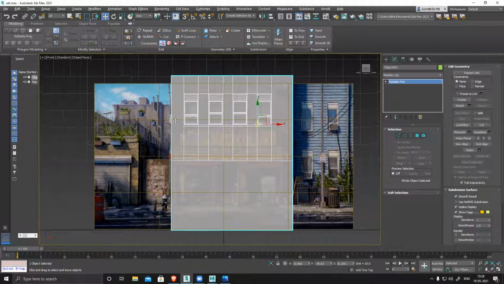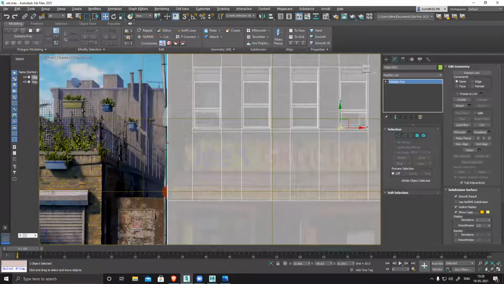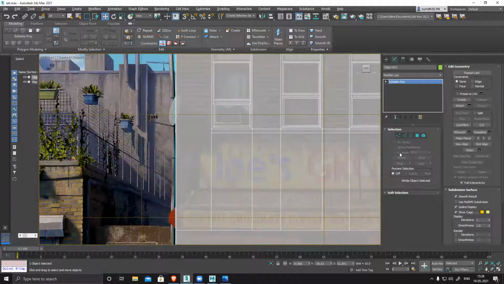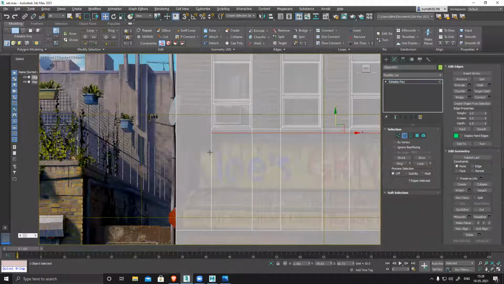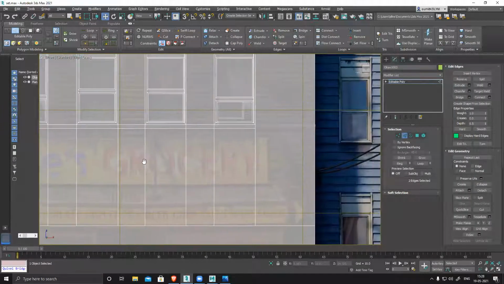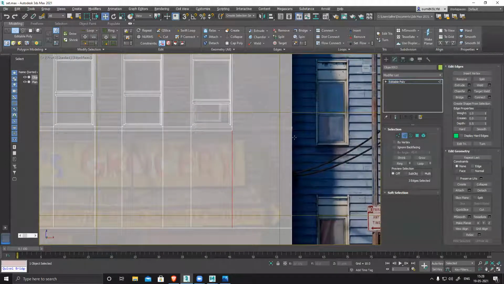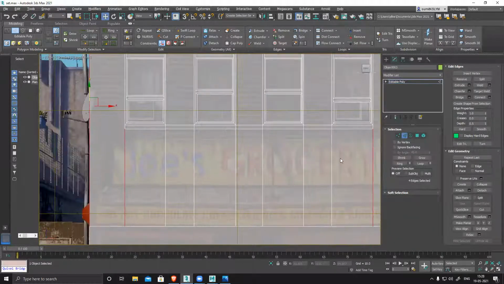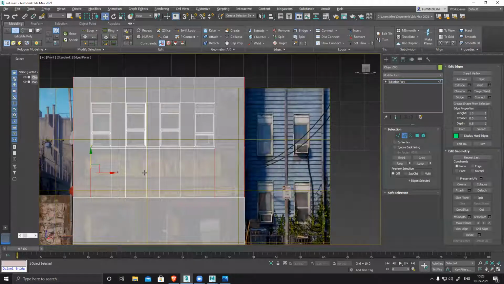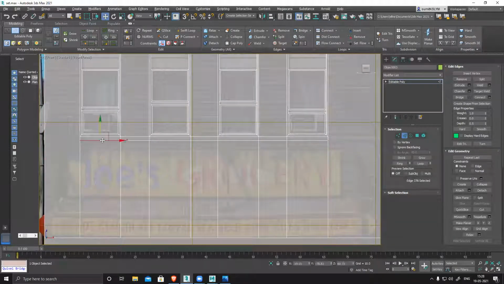This thing is ready. You can see it's not continuing this side because there is nothing here, nothing here. But this line should continue. So I'll select both the edges, all the edges. Okay, one second.